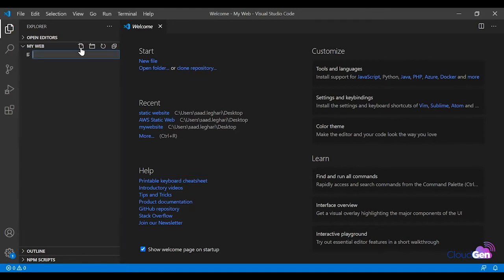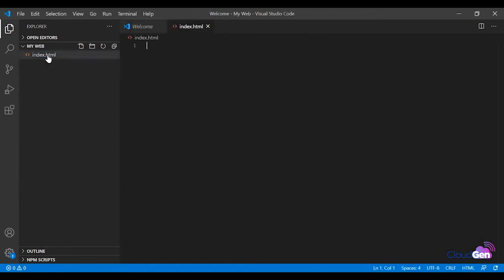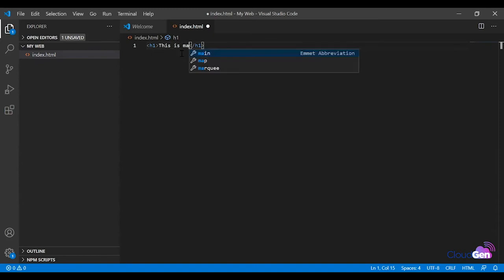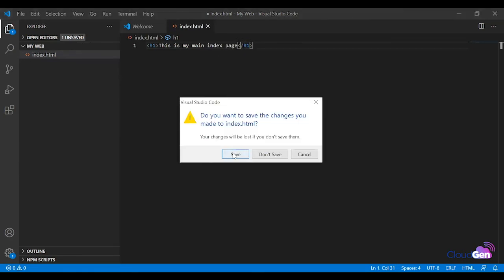Just click here and name it index.html. Here you just write h1, this is my main index page, and simply close it and save it.